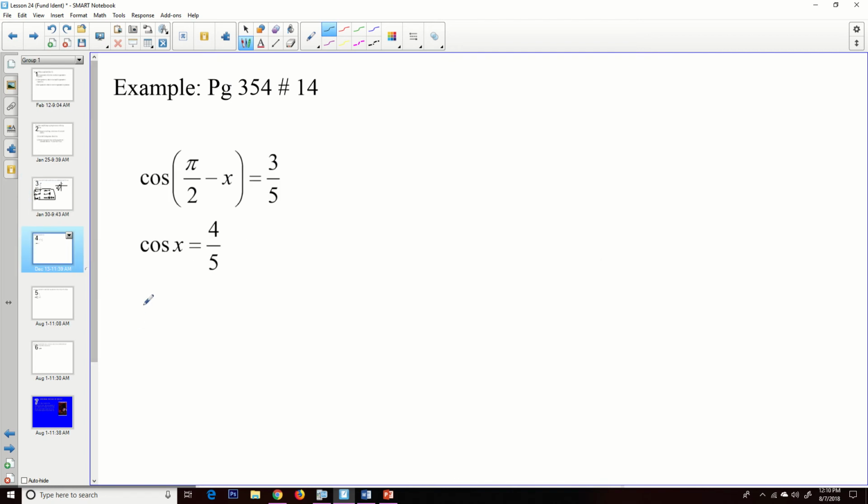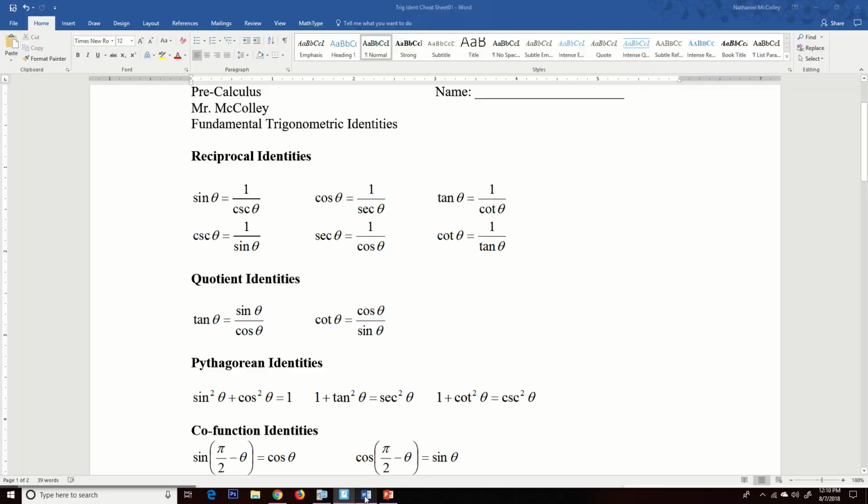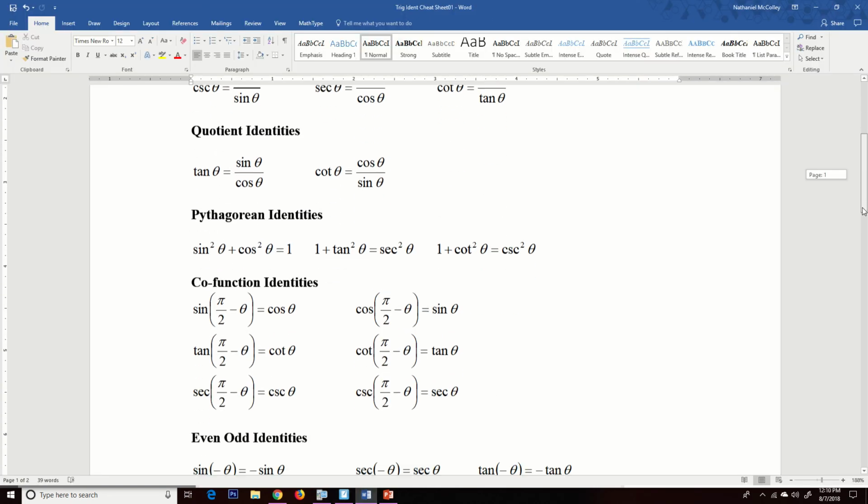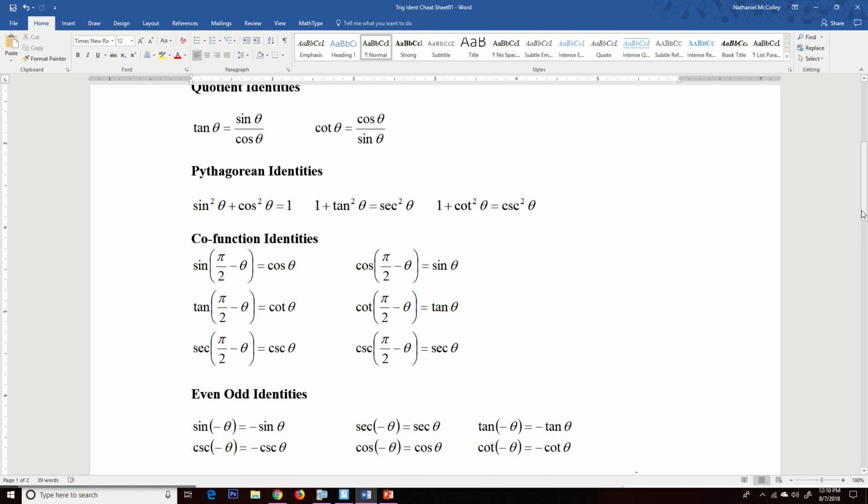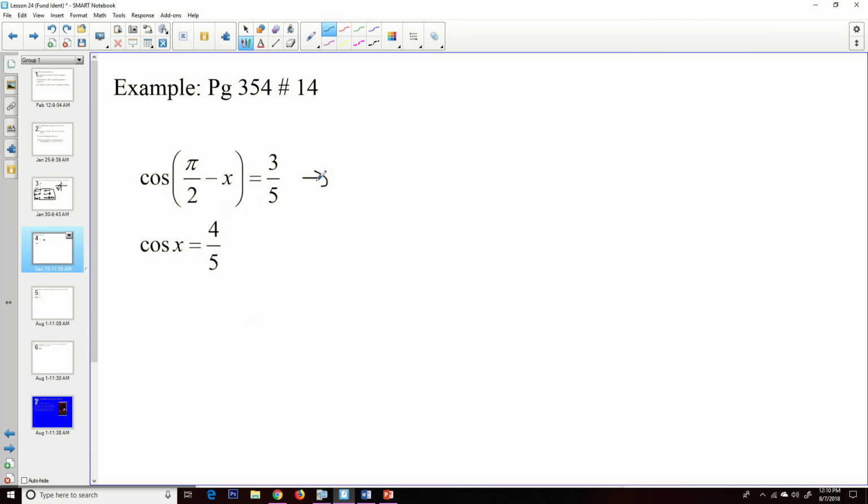Next one says do essentially the same thing. And even though we have a different identity here, this one actually turns out to be a little bit easier because we have a co-function identity right here. If I go down to these co-function identities, I know that cosine of pi over 2 minus theta, or 90 minus theta, is going to be equal to the sine of theta. So I can rewrite this one as the sine of x equaling 3